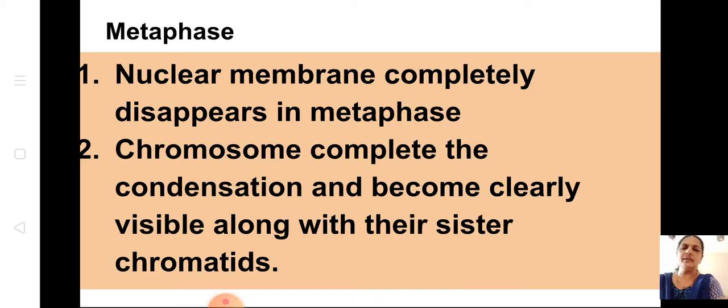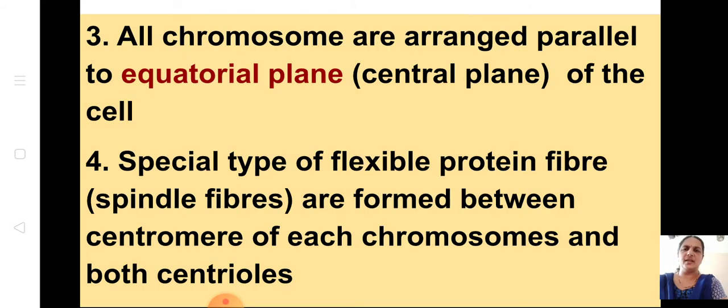Next comes the metaphase. In metaphase, the nuclear membrane completely disappears, and the chromosomes complete their condensation and become clearly visible along with their sister chromatids. The main point of metaphase is that the chromosomes are arranged parallel to the equatorial plane of the cell. You can see in that video which I had sent how in metaphase they come and stand in the middle